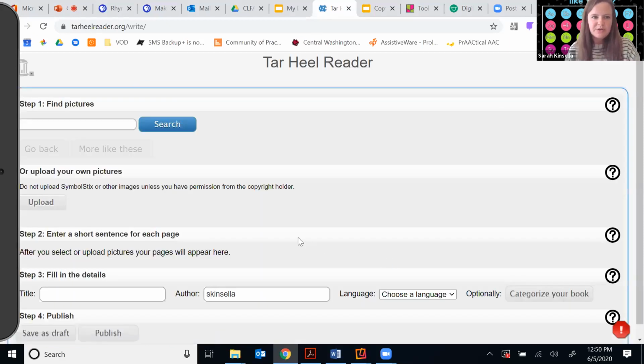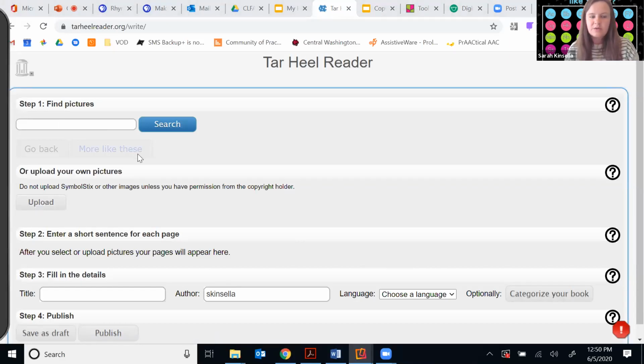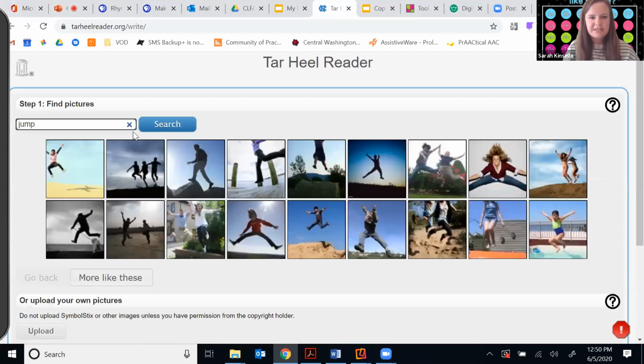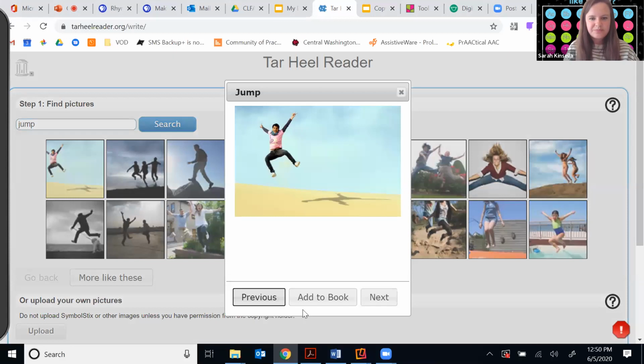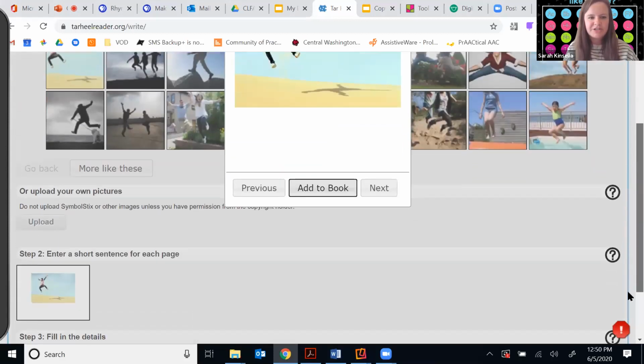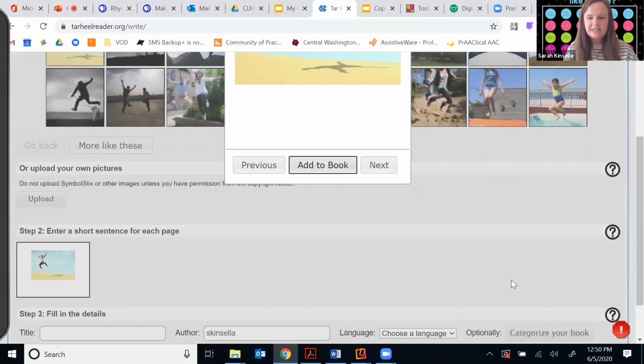I just want to show you a quick look. We'll do more later in the fall, but it's really fast to do. So they're talking about using one of your keywords or the words that you're focusing on, like my name is name, or let's say it's jump. So you can do a whole book focusing on jump. You get your picture, add the book, and add a bunch of pictures, and then you will just fill it in,